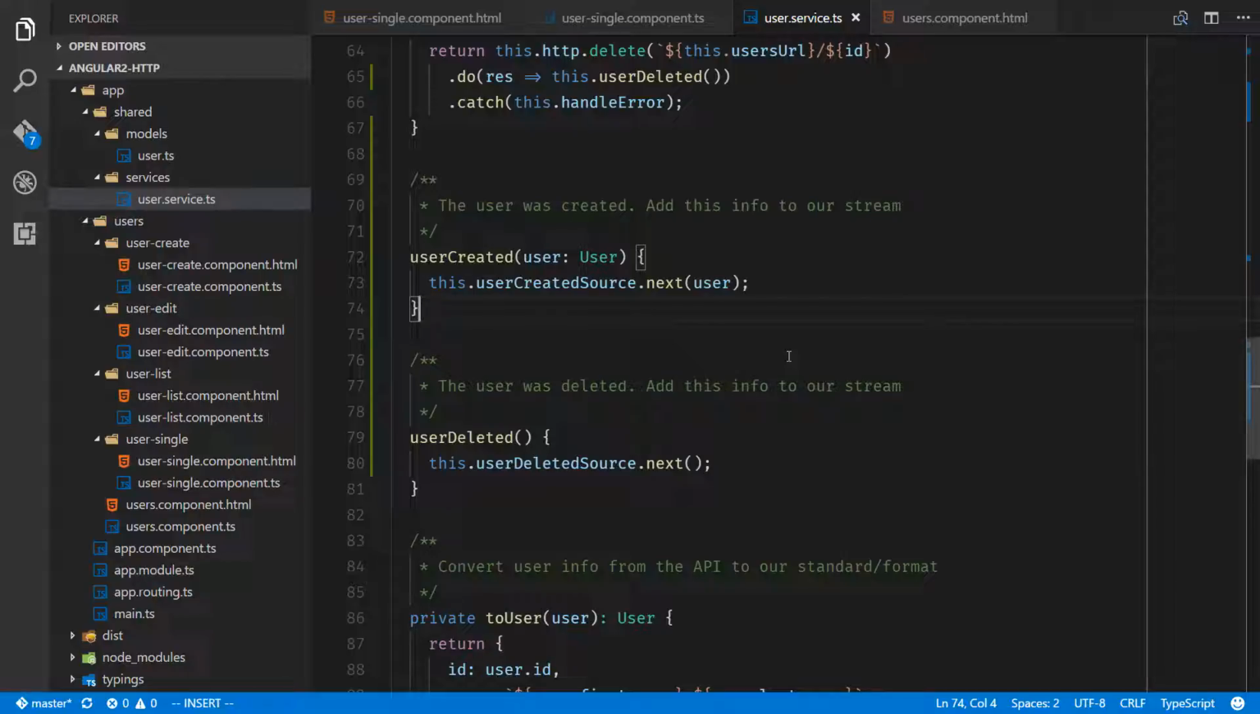Now we have this service that has access to these observables. And these observables can give us data over time, which is what observables do. And the data over time that we're going to have is information about whether a user was created or a user has been deleted. This information isn't going to be any good to us unless we take that observable and subscribe to it in another component. Let's go over to our users component,